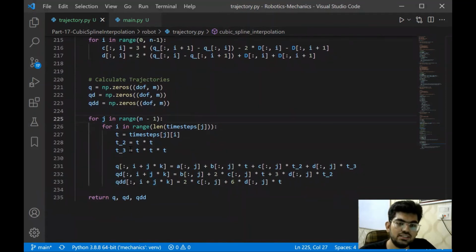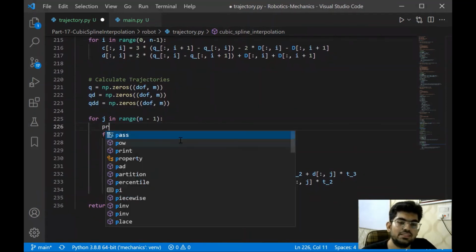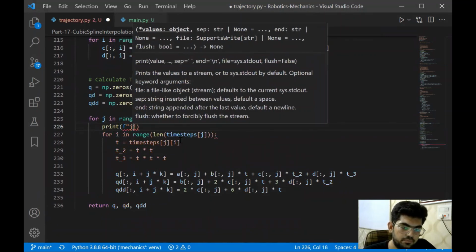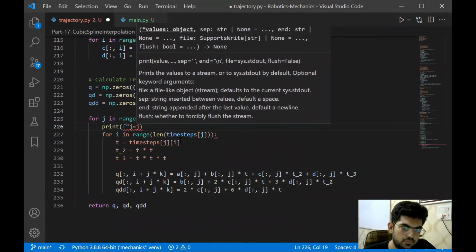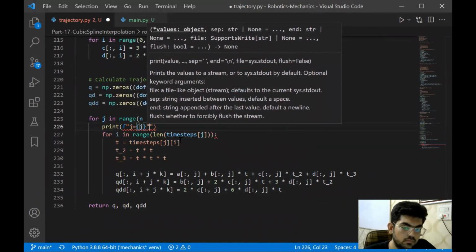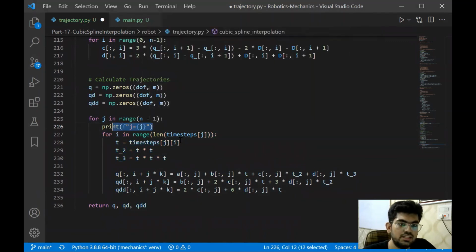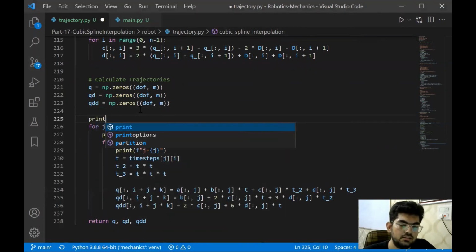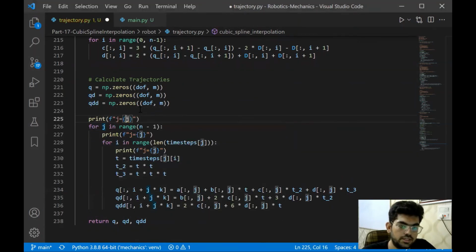Now let's see what this i plus j times k represents. So if we print j over here, and similarly, we will be printing k over i over there. And also let's print k as well, but outside.